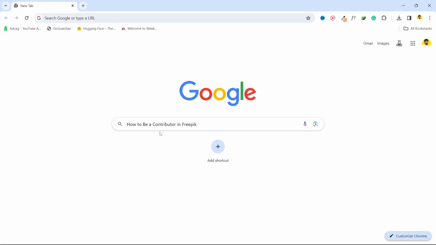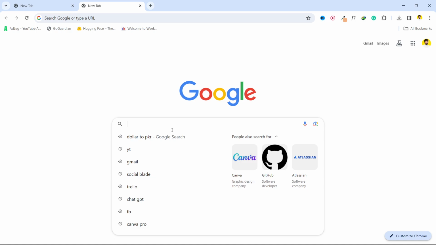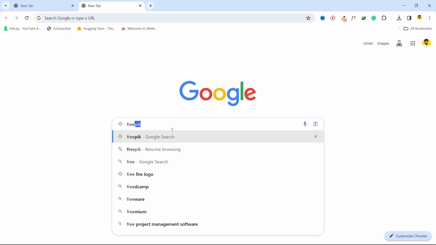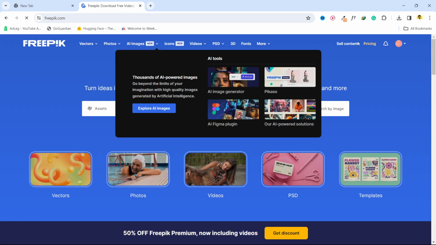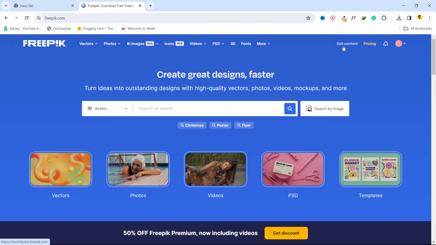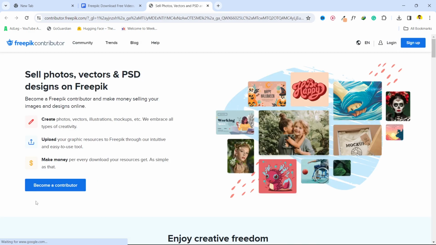In today's video, I'm going to show you how you can be a contributor in Freepik. So the first step you simply need to do is to open Freepik, open that website. Then you need to click here sell content, and here you can see become a contributor. Click on that option,